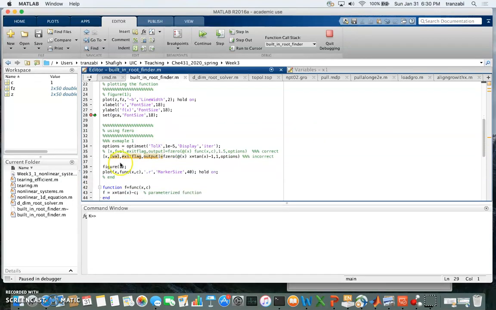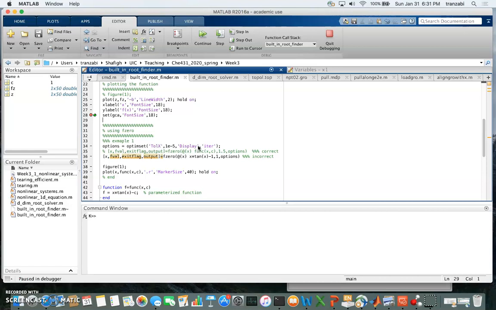So here is the function fzero that I'm using. I'm introducing my function within the function. So this is the fzero function. Within that, I define my function, just x tan x minus 1. And I'm telling Matlab that this is only a function of x. So at x, space, and then the function, comma, initial guess, let's say 1. And options, within options, I define my tolerance by this TolX. That's the keyword. I'm setting my tolerance to 10 to the minus 5. And I'm going to show the iteration